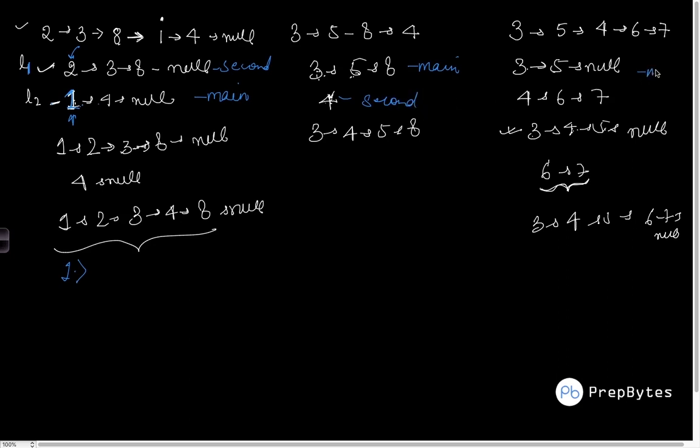In this case, this is the main list and this is the secondary list. So this is one thing I'll do: whichever has the smaller first element, so that I don't have to bother about changing my head. That will be my main list. Now the second thing is, let's say this is my main list. Now I have to bother about putting the elements of the secondary list in the main list. So what is the situation? I'll start from here.